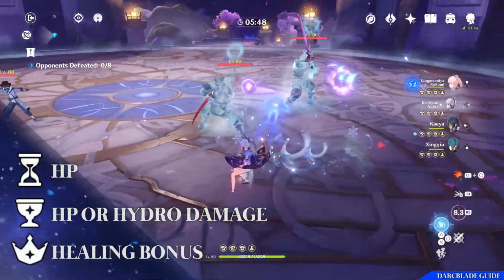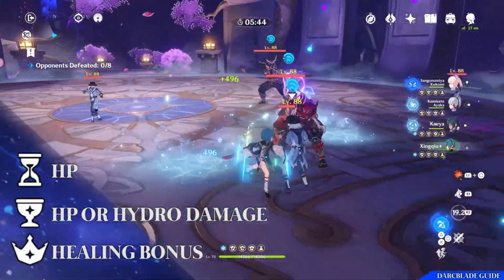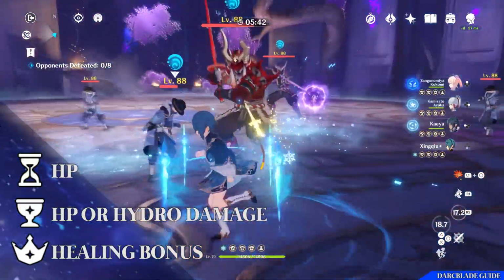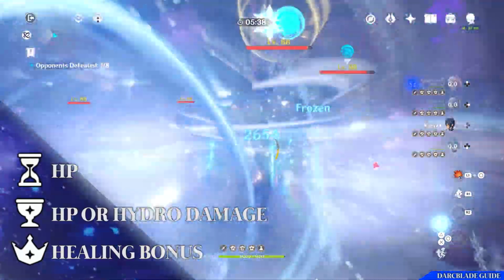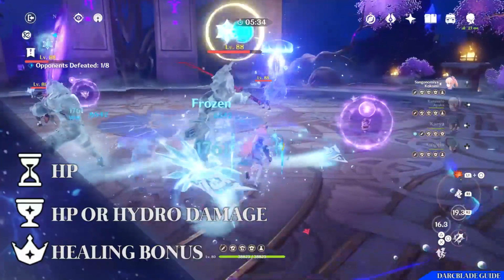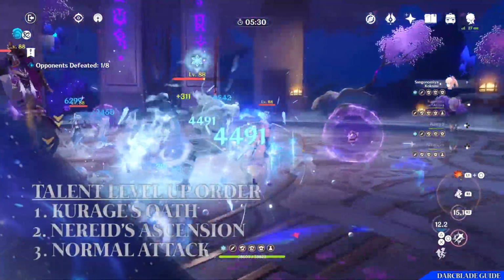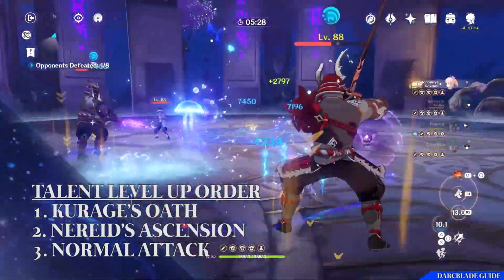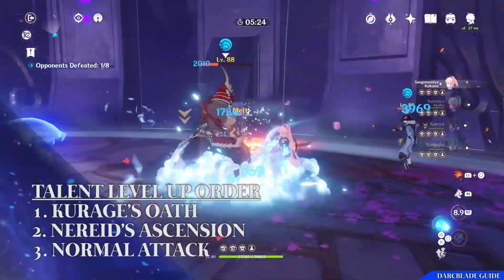Anyway, as for the stats on that, when it comes to the Sands you'll want to focus on HP, when it comes to your Goblets you'll want to focus on HP or Hydro damage, and then finally on your Circlet you'll want to focus on bonus healing, or failing that, HP. When it comes to your substats on your artifacts, again you'll want to focus on HP. As this build is about healing, you don't really have to worry about the other stats. When it comes to your talent priority, I'd recommend focusing on Kurage's Oath and Nereid's Ascension evenly, and then finally